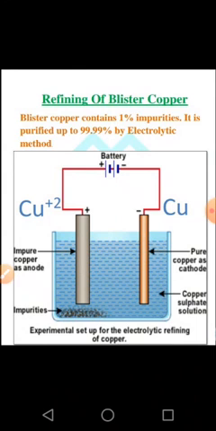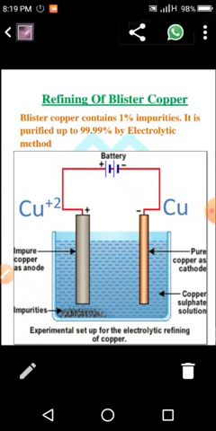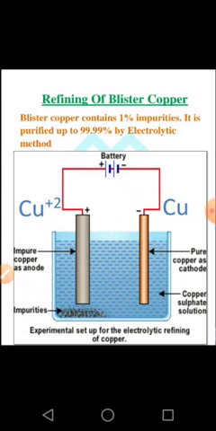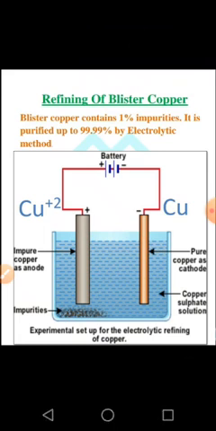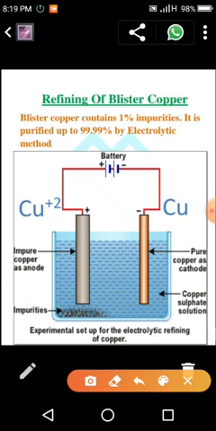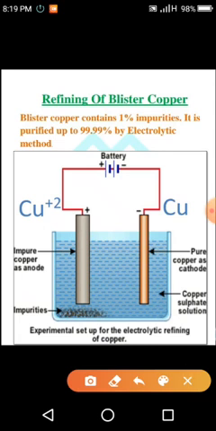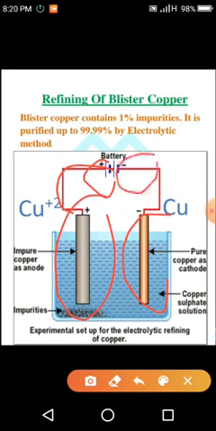Okay, now we are moving to purify it up to 99.99% purity. The method that is used for further purification is basically the electrolytic process. In the electrolytic process, we know that when an ore is present in the container, the positive ion will move toward the negative electrode and the negative ion will move toward the positive electrode, and oxidation and reduction take place. The copper that we have obtained, which is 99% pure and known as blister copper, is used as anode. Anode means the positive terminal of the battery is connected with that electrode, and the pure copper works as cathode because it is connected with the negative terminal of the battery.